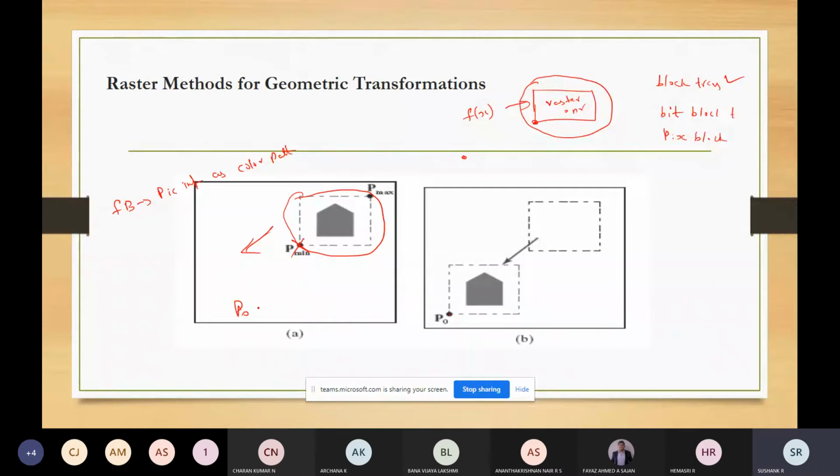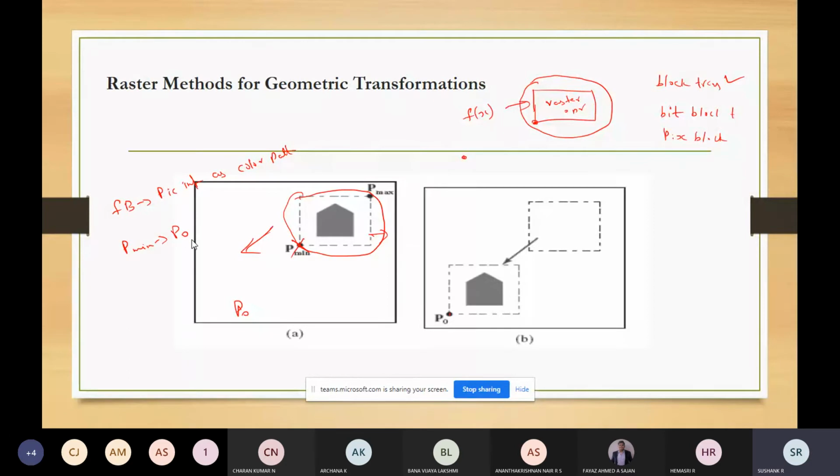That is how I transferred the entire rectangular block of the pixel array. Pmin was the limit, and p naught was the destination position. So this is translation: you're moving from pmin position to p naught position.